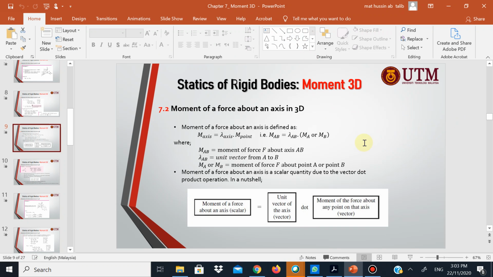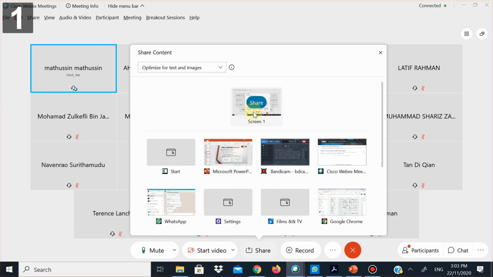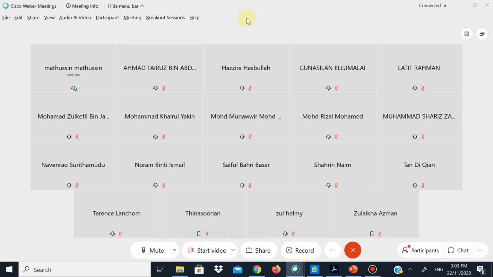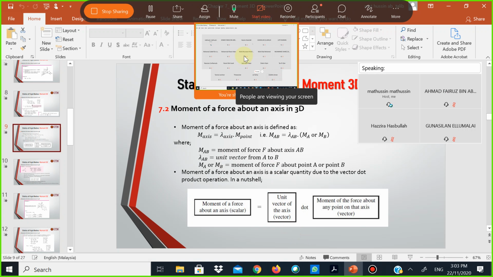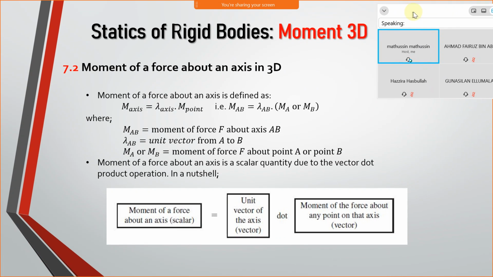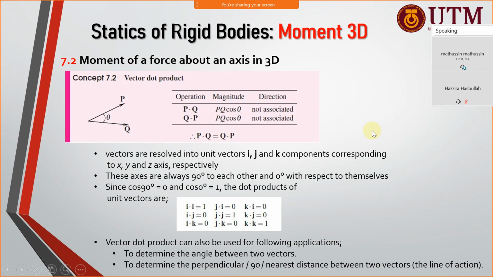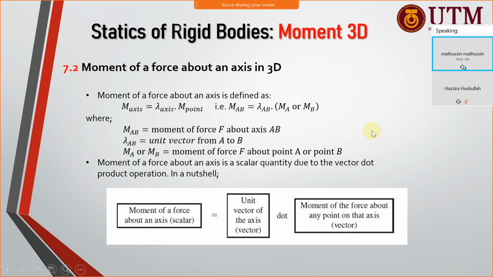Okay, so petang ni kita akan tengok ataupun kita buat sedikit exercise regarding this topic. Moment 3D about axis. Okay, boleh nampak? Nampak. Alright. So moment about axis sebenarnya dia adalah gabungan daripada moment about point dan juga unit vector